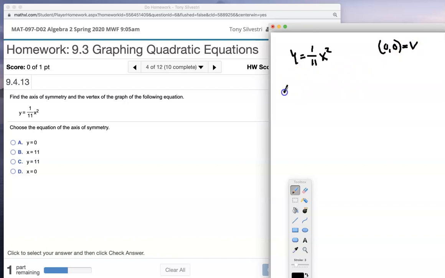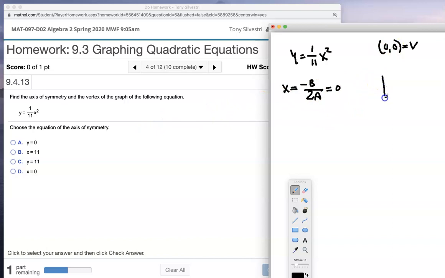Okay, because I know the vertex always occurs at x equals negative b over 2a. A is the number in front of the x squared, 1/11. There is no b. B is 0 because there's no x term, plus 0x. If I stick in b, I get x is 0. And then I got to find the corresponding y, so I come over here, stick in x is 0 for x squared is 0. 1/11 of 0 is still 0. (0, 0). So,